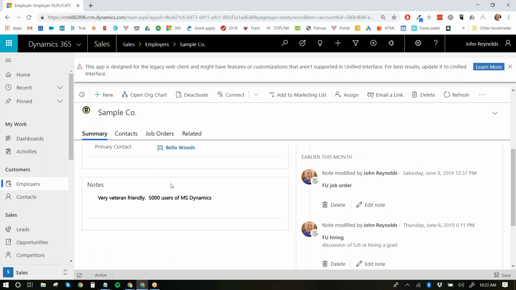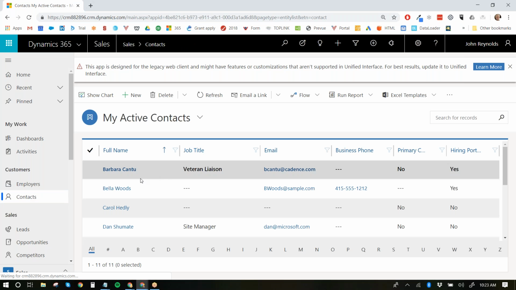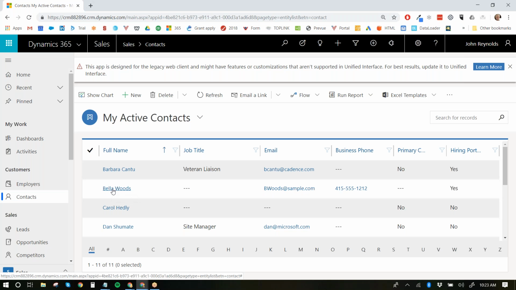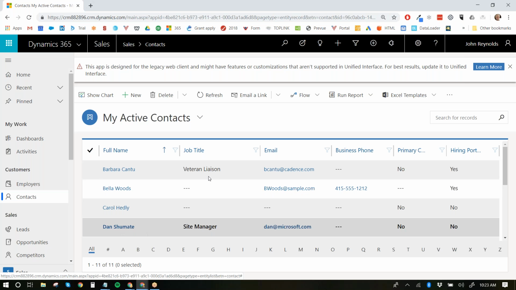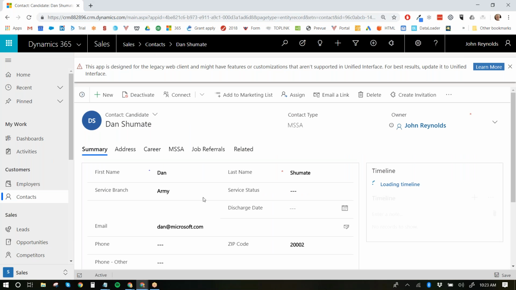When you say sites, is that an entity? Yeah, sites is an entity. What I'm going to do, I'll go here and basically say, so if I pick, I think I've got Dan Shoemate as a site manager, and right, so he's contact type MSSA.